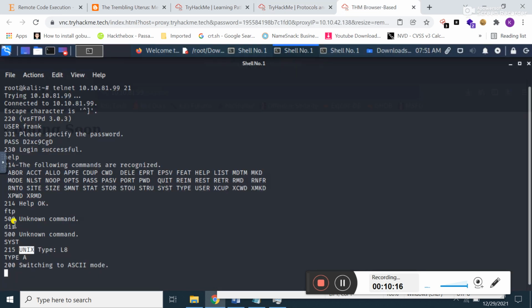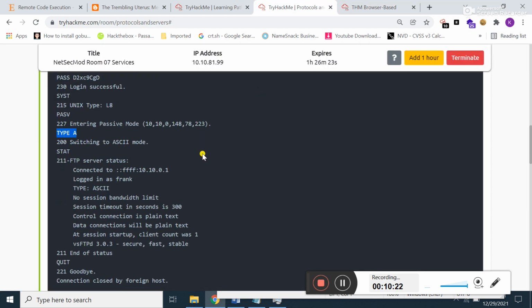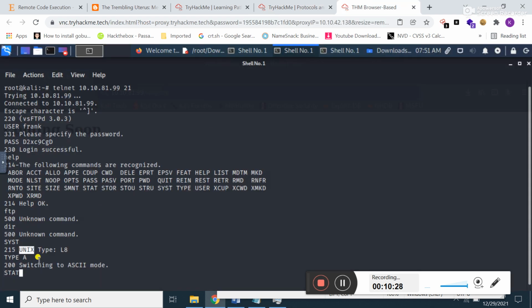You can type any command as you like after logging into the FTP. Now if I type this command, that is stat, I'm going to copy this from here, move to the terminal and paste it.